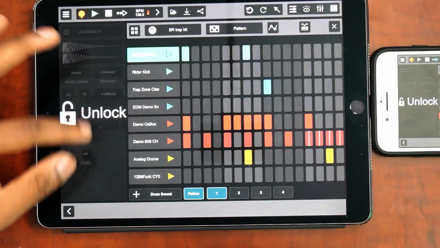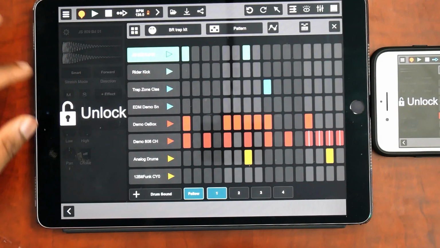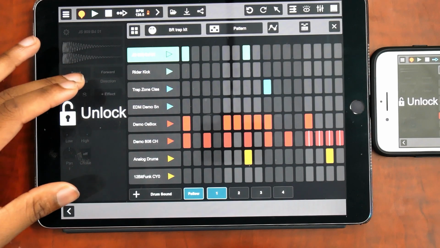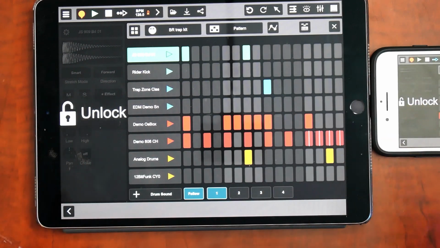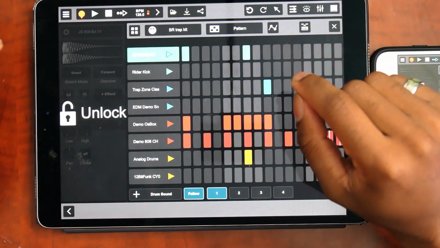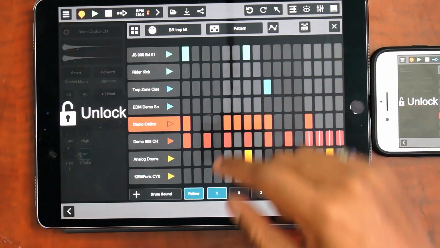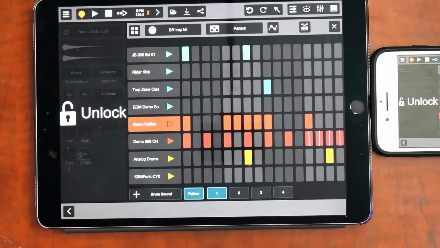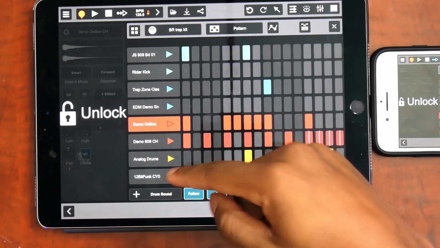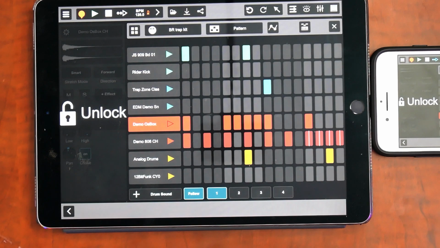You can kind of see it grayed out over here, and it says unlock for $15. And it'll unlock it on your iOS devices. But you can go in and tweak different sounds, from pitch to time stretching your different drums. They give you an individual mixer. But to be able to have something like this for free, I think this is pretty much all I'll need